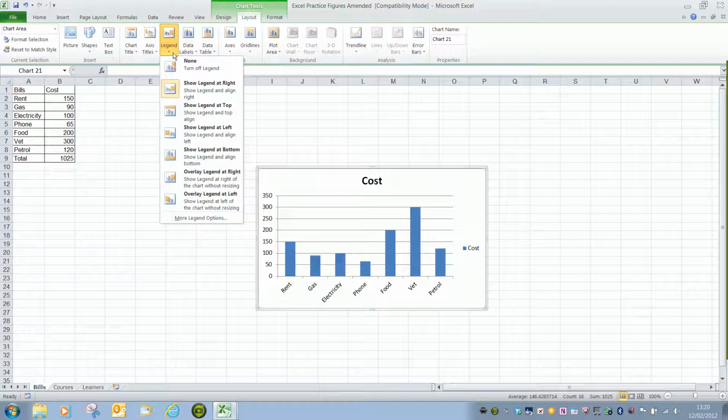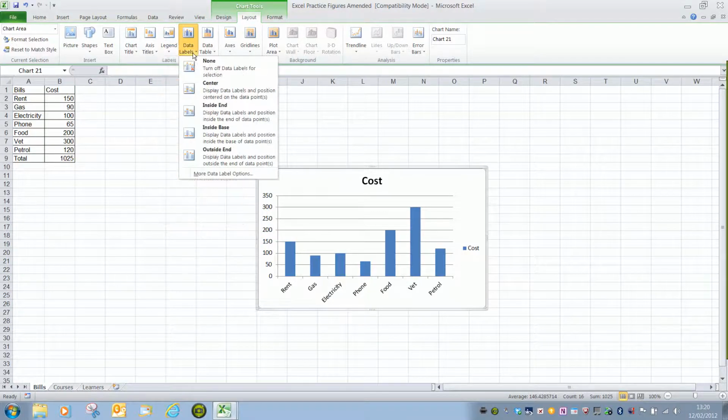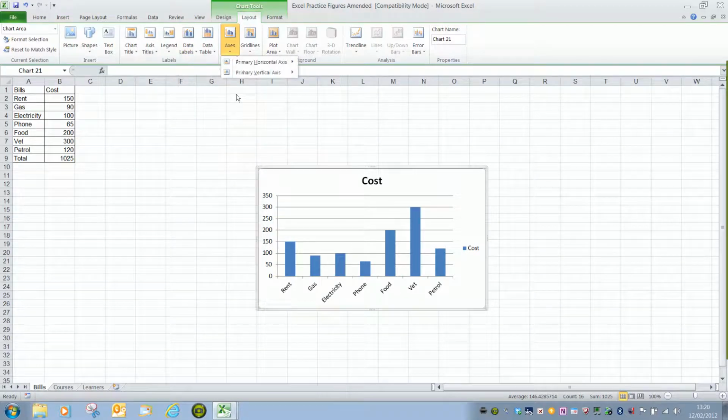Legend displays what colours or objects represent, and data labels allow us to indicate what the values actually are for each of these data points. Axes, in the axes group, is where we change the y-axis. If we have a look at chart titles first, you may find that depending on your